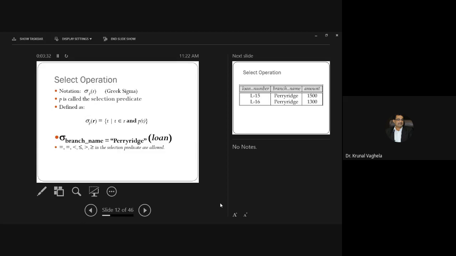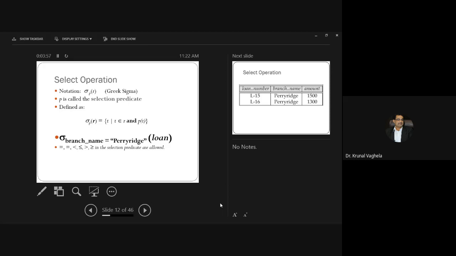You see the select operation, and the syntax is select, where P means predicate, that means the condition that you want to put, and R is from which relation you want that data. So here it is written select where branch name is equal to Perryridge, from which relation?